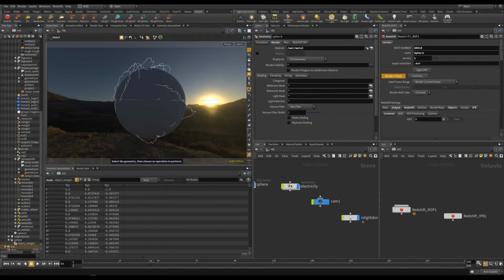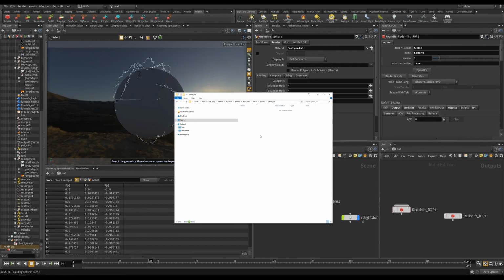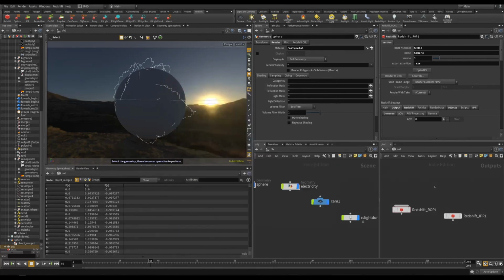But let's just click render to disk again, and now I should only get one sheet. Yeah, so now I'm just gonna get a sphere here. So this is called render sphere, easy enough. And now I also want to do render electricity,